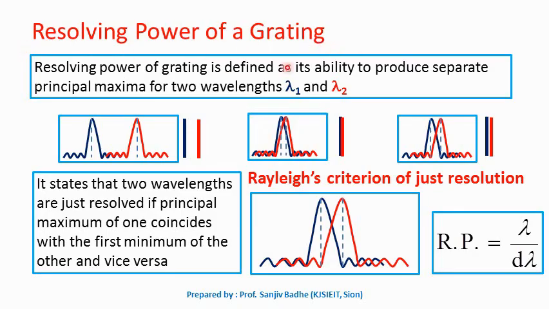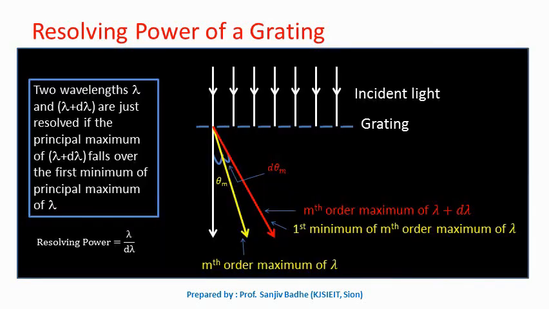We know that on a grating there are N number of lines. So we will try to get the relation for resolving power in terms of the number of lines on the grating. In order to get the resolving power of a grating in terms of the number of lines on the grating, let us make white light incident on the grating. 0th order maximum will be obtained in the same direction.